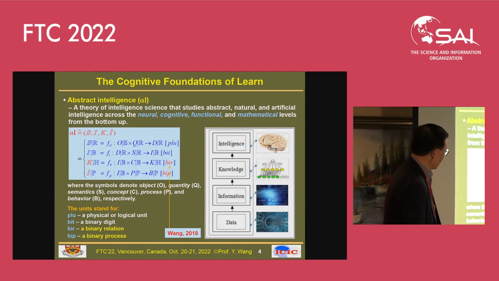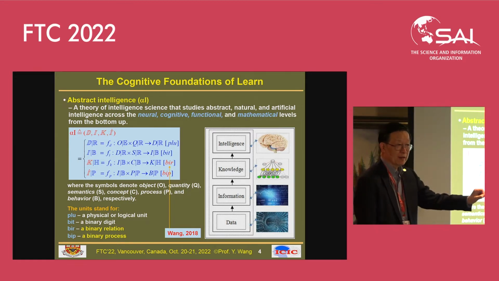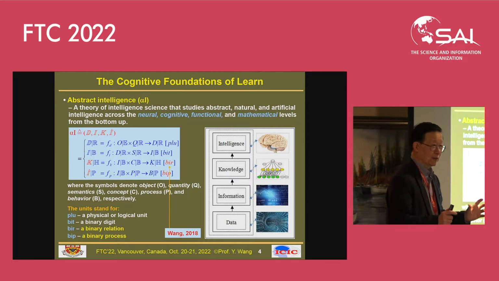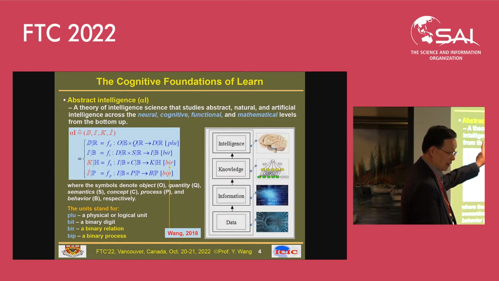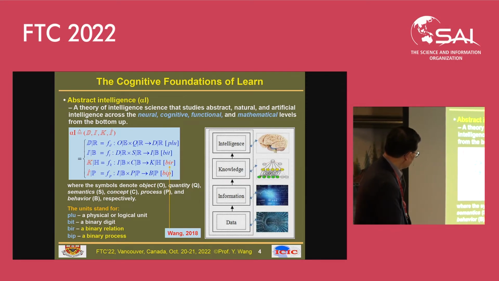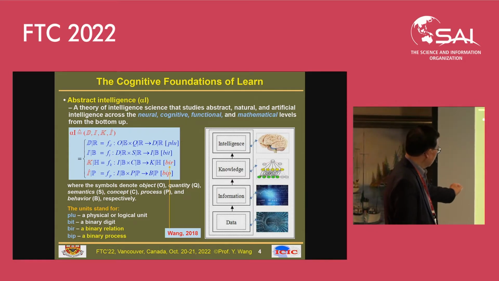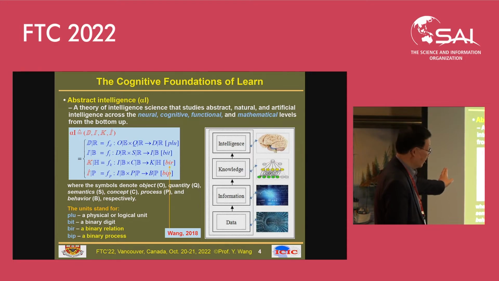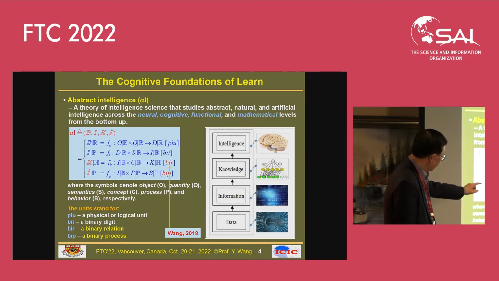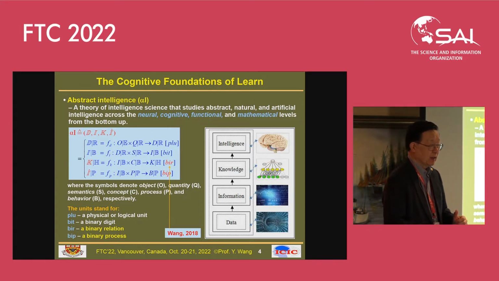Actually, we can't, because the data is, much of the time, infinite. For example, 1 divided by 0 creates an infinite space of data, but much of the data is useless. We can't directly aggregate from the bottom level to the intelligence level. Also, we found in mathematical studies that the basic structures of alpha I, which we call abstract intelligence, are aggregated in levels. And the unit of knowledge is not discrete data. It is a beer.